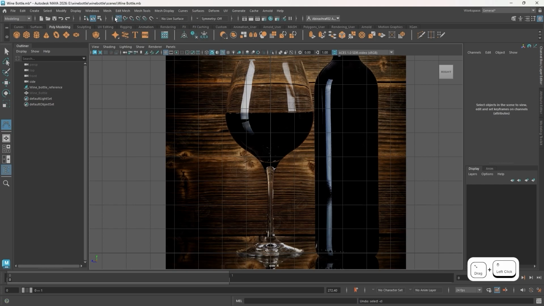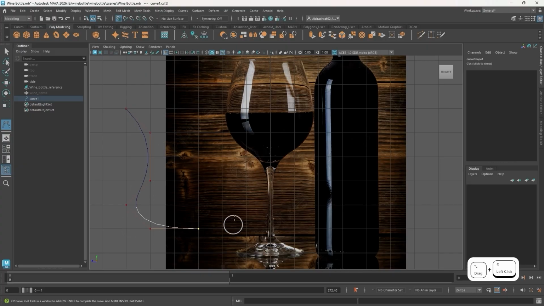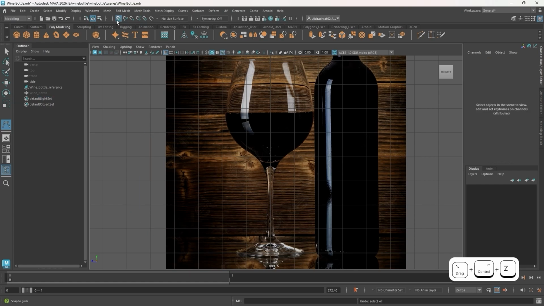If your option is not here, if you don't see this, it might be because it's hidden. If you select this, it goes away. If you select it again with the arrow, all the information shows up, all the tools show up, just the same as here. We don't need to use this, so we'll just hide it. Snap to Grid. Now, when I click, it snaps to the closest intersection, and it makes it much cleaner. There you go. Now, select this, have your curve tool, and we'll create the wine glass from the inside out,